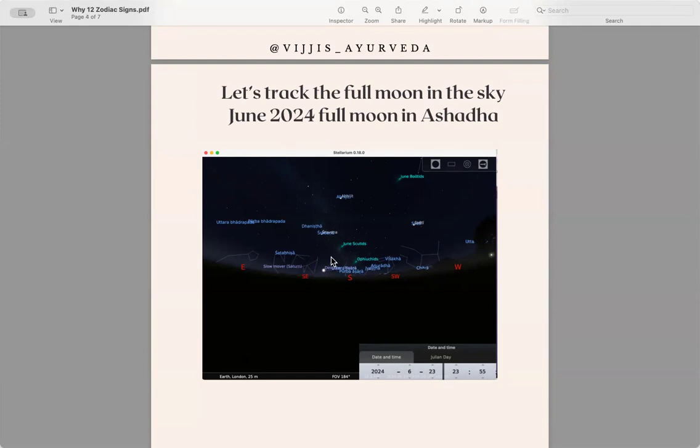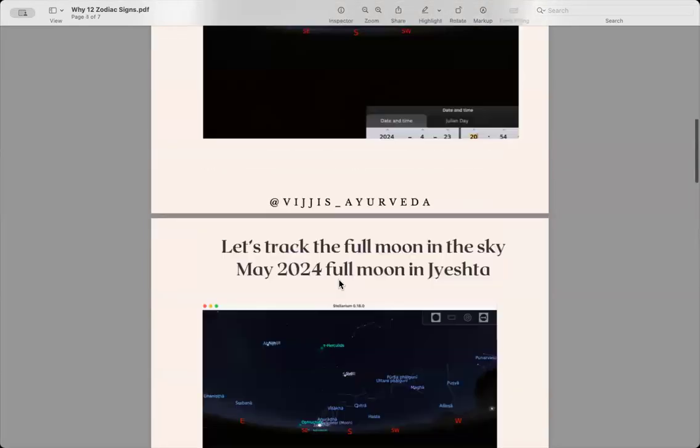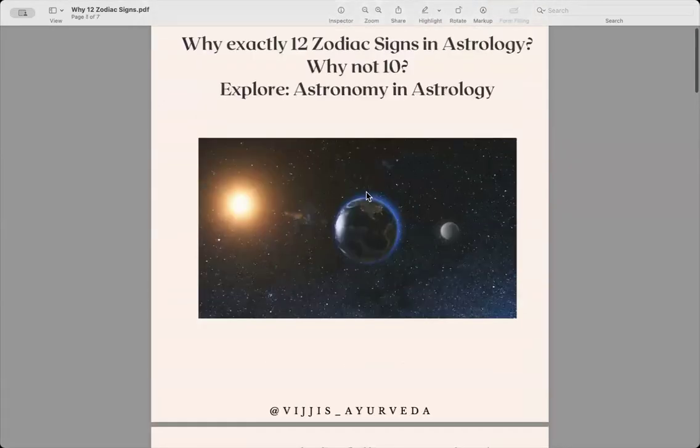There is nothing spiritual. There is nothing mystical about it. It only says that in this 29.5 days, the full moon happens in this part of the sky. Literally is the sky observation. It's astronomy. Okay. So as I mentioned, if you remember, Earth is moving around the sun and it is taking